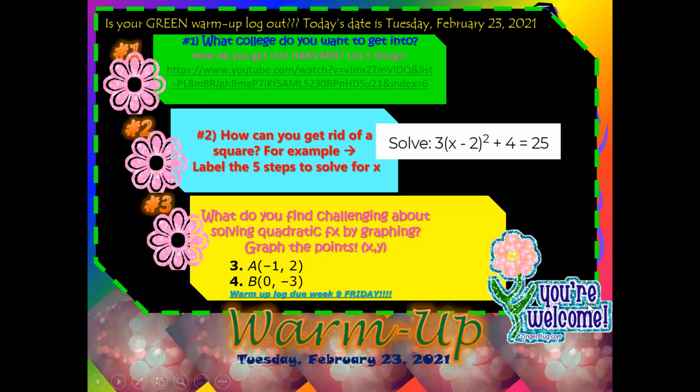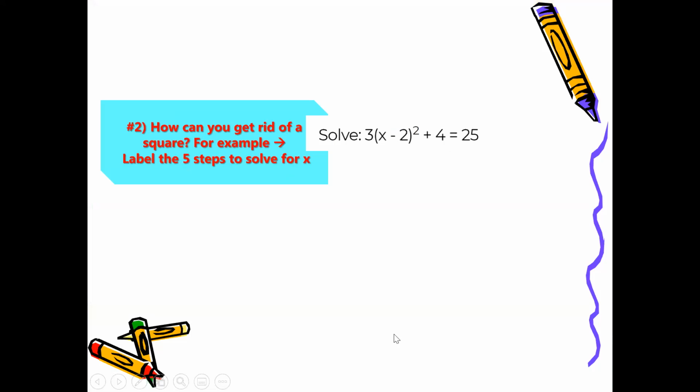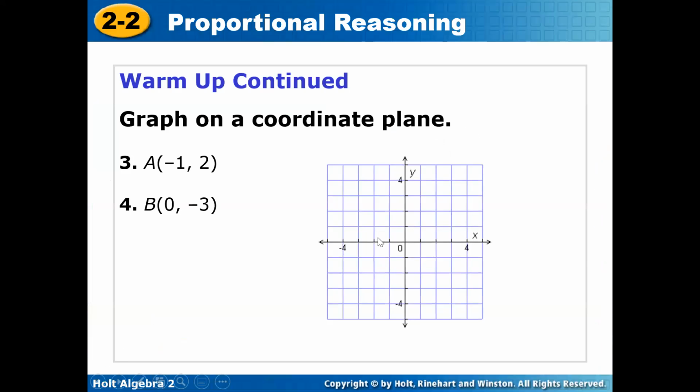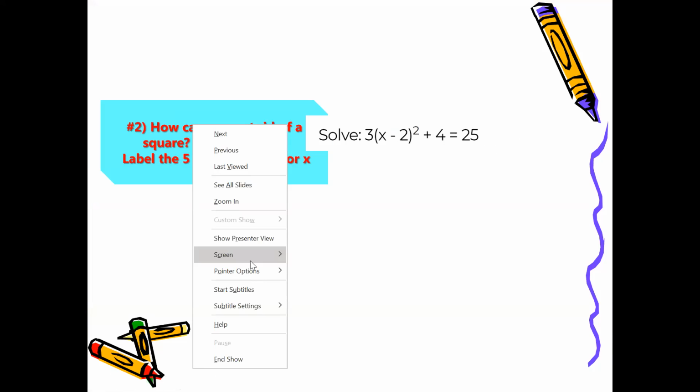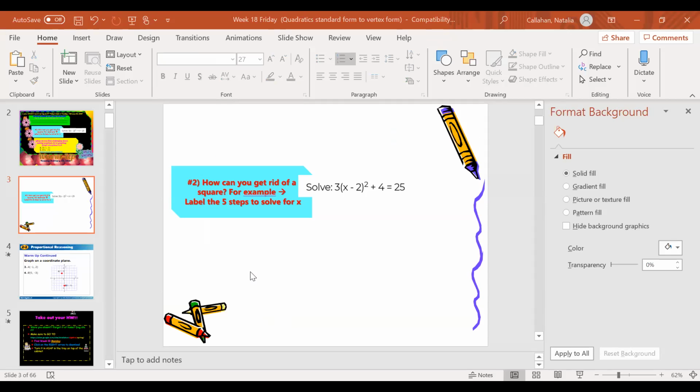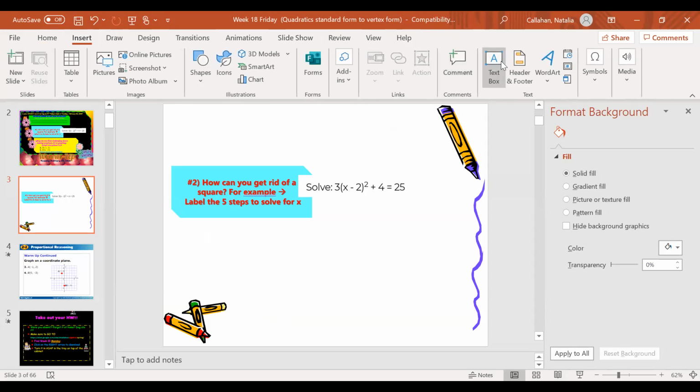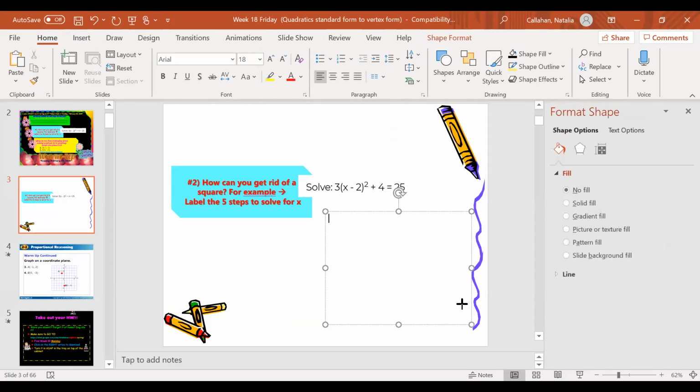Okay, so with that said, let's go ahead and continue for today. So take a look at question number 2. How can you get rid of the square? Give me the 5 different steps for this. So here are my five different steps. I would say that for my steps, I'm going to put insert. I would say step 1, go ahead and divide by 3